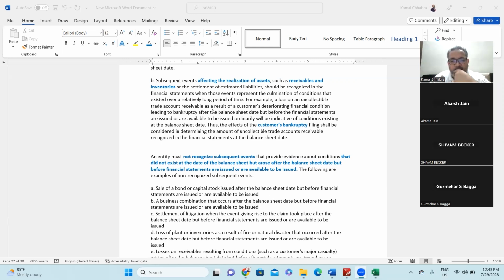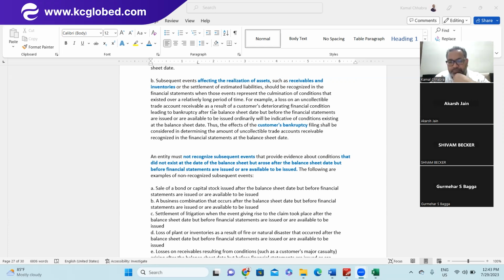If any customer has gone bankrupt, now you are not in a position to collect the money from that, and that receivable was due on the balance sheet date, right? Then you need to recognize the respective provision for doubtful debt or bad debts, right? Does it affect the customer bankruptcy and filing the consideration and determining the amount of uncollectible account receivable recognized in the financial statement,